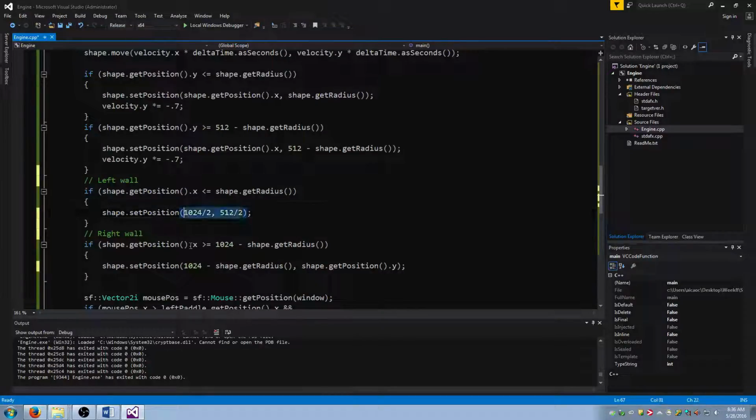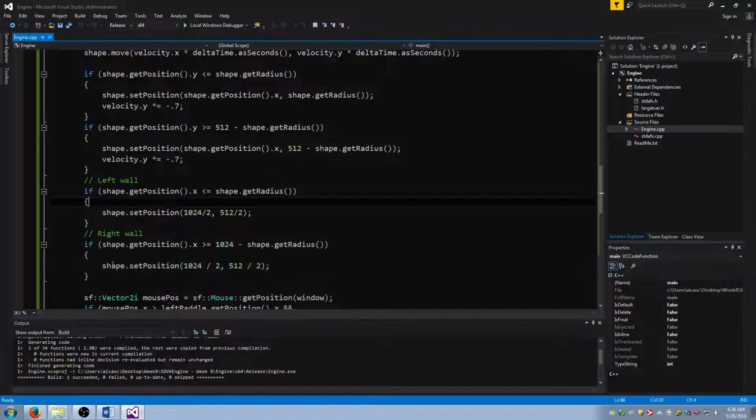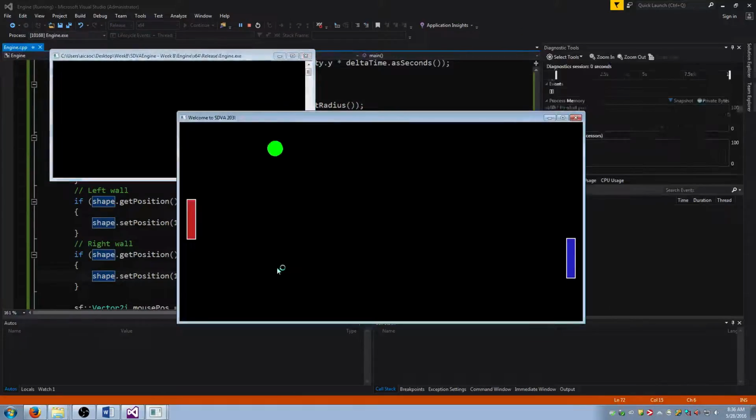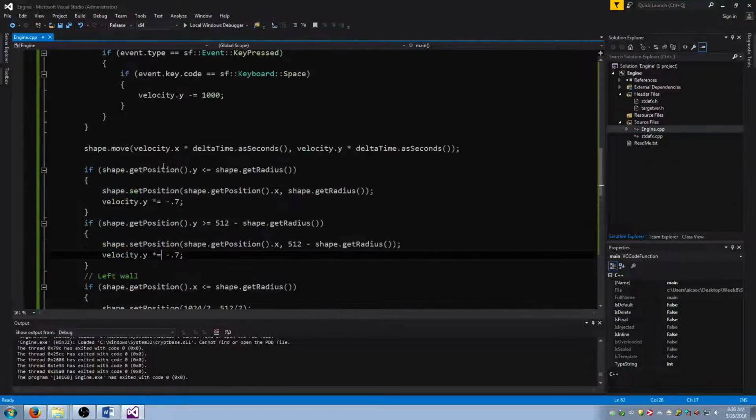And you can choose to just do this for the left and right wall, which means that whenever the ball hits the left or right wall, it actually goes immediately back to the center. So it actually won't collide with the paddle because I removed that. You can see here it's going off the right wall. And that's basically going to count as a point for us in our case. Let me add the behavior so that the